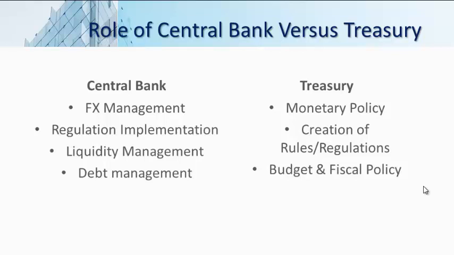So the Treasury was in charge of monetary policy, and the central bank was in charge of foreign exchange and implementation of banking regulations and liquidity management, making sure that the government has enough money to spend, and handling the